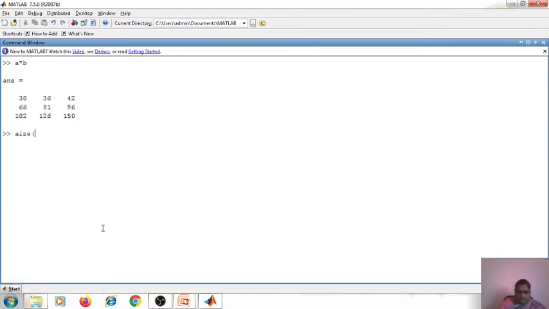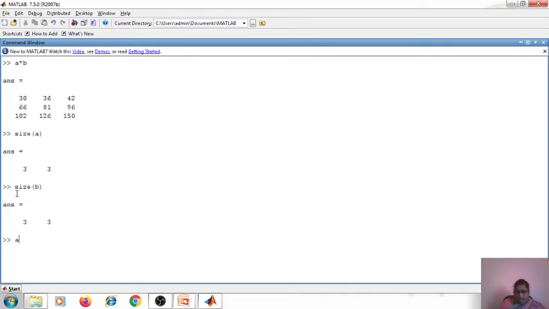Now if I take the size of A, size A, then the size of the matrix B. So the size is the same. That means the columns of A are equal to the rows here. So therefore we are getting the answer.